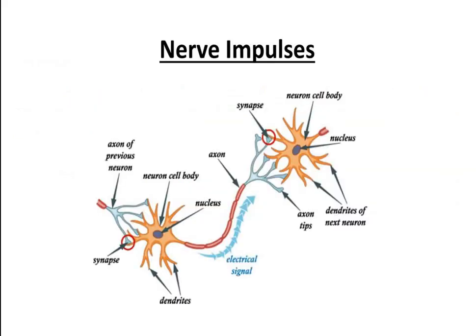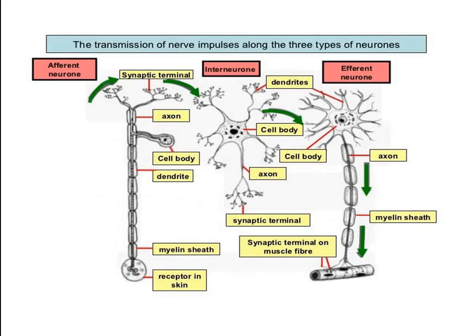This is the picture showing the nerve impulses from one axon terminal end to another dendrite, where the signal pathway is carried out by the axon to another neuron. There are three steps followed. So this is also showing the